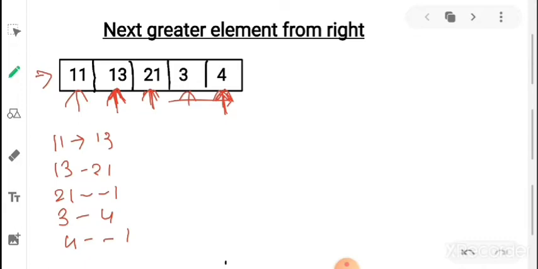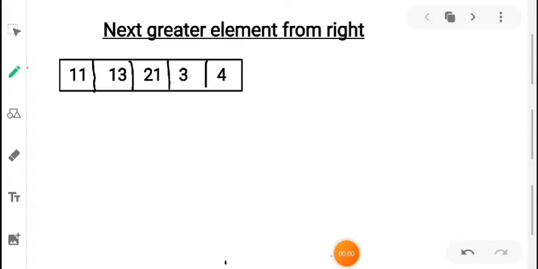The very first approach that comes to your mind is picking one element and checking if we have any next greater element to it or not. If yes, we'll print that particular element. If no, we'll print minus 1 because we haven't found any next greater element to it.